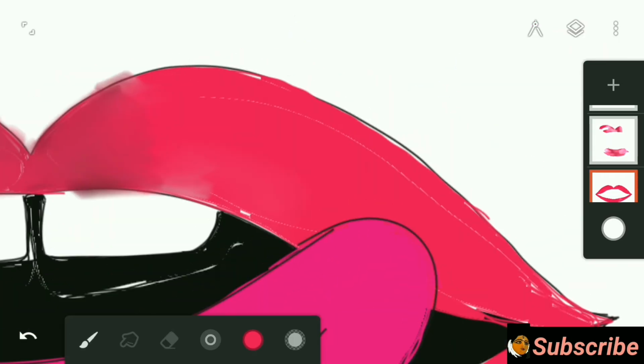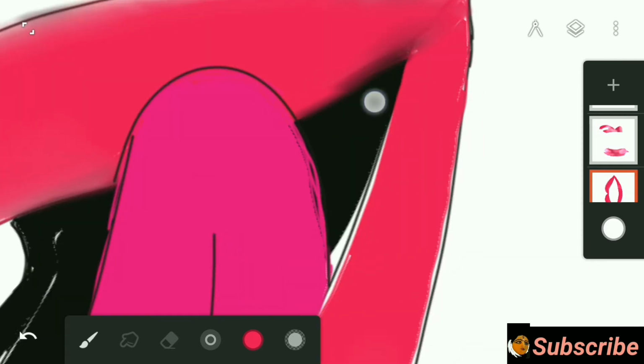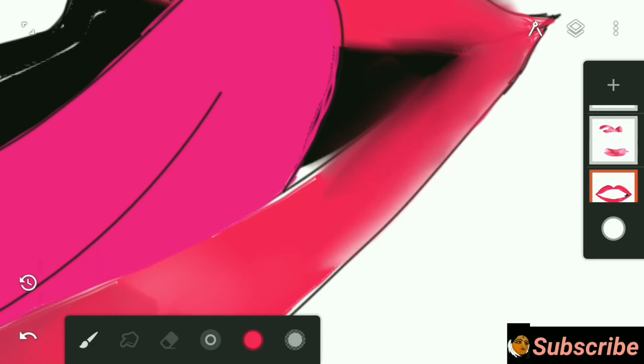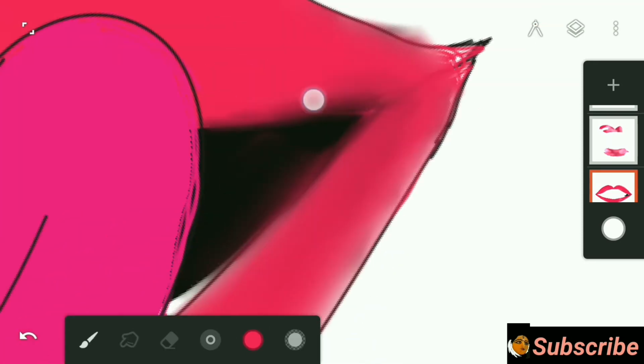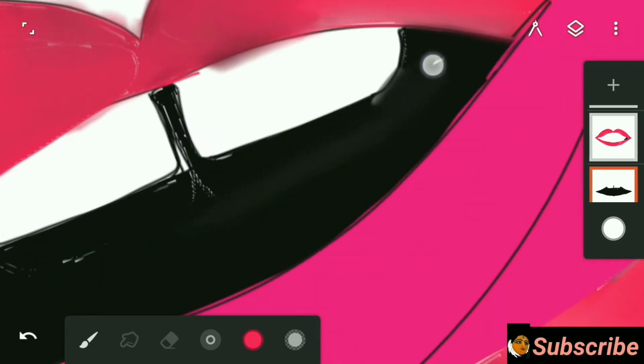If you want to clear the entire layer but do not want to delete that layer, then just tap on the clear button. Your whole layer will be clean. If you do not want to show or work on a layer but you need that layer after some time, you can hide your layer. Then merge a layer with the immediate next layer of it. If you lock your layer, then you cannot do anything on that particular layer.